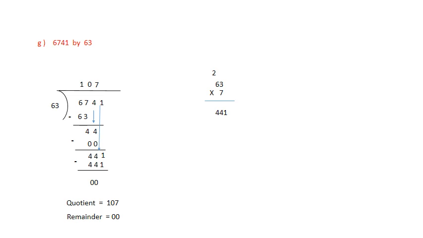Okay student, now what we'll do, we'll see the next one. H1. 4284 divided by 42. Let's write down here. Okay, now look here. Here is 42, here is 42. Same number. That means what we'll do? We'll take ones. Okay, when we subtract, you're getting here 0.